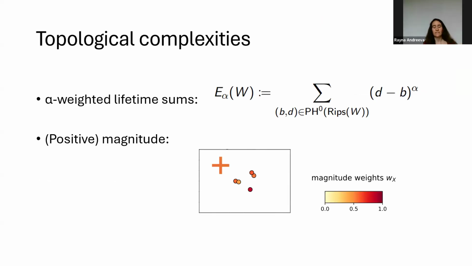What I didn't tell you was that magnitude is also defined in terms of weights. So each point is assigned a weight. This is basically the sum of the rows corresponding to this point of the inverse of the similarity matrix. One thing about these weights is that they can also be negative. So in this work, we considered what happens if you only take the positive values, and we define this quantity called positive magnitude. What is interesting is that as you are increasing the scale t, magnitude and positive magnitude are the same. However, we didn't further investigate the theoretical properties of positive magnitude.